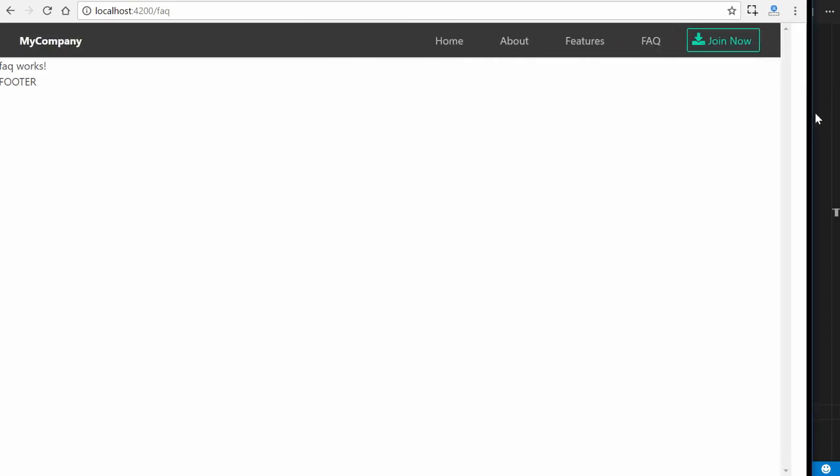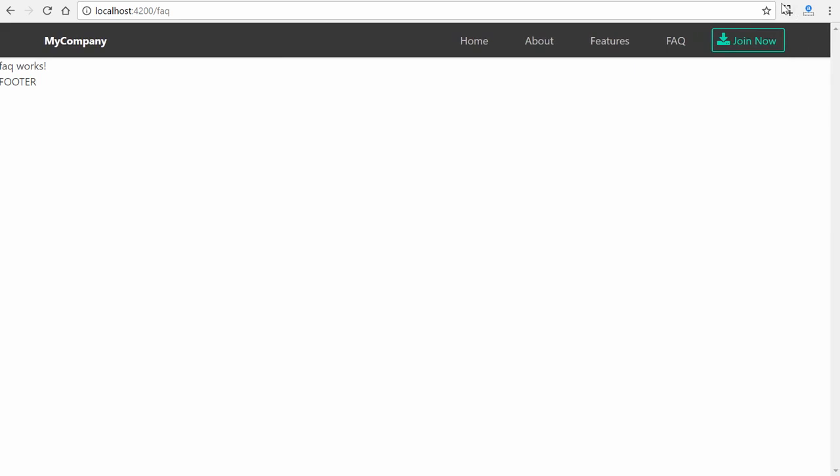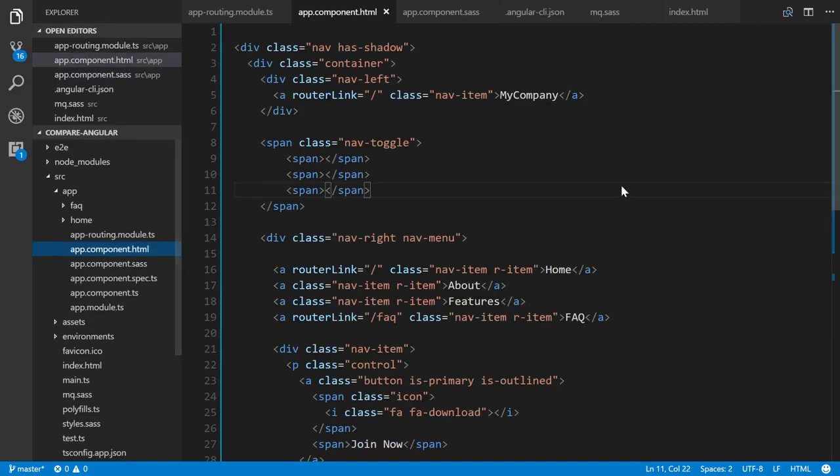So let's make it work by capturing a click event and also setting up class binding in Angular. To do that, let's go back to our component HTML, and we have our span with class nav-toggle. So we have to do event binding and set up a click event. The way you do that in Angular is to wrap the event that you want to capture, which is click, in parentheses, equals, and we're going to put in toggleNav, which is the property we will define in the component class, equals